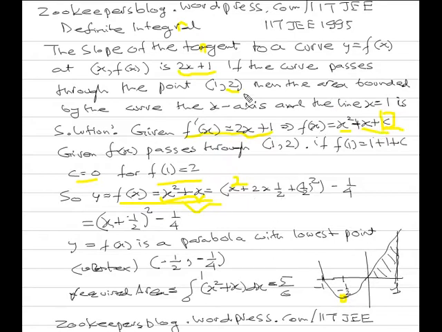So obviously if they are asking from 0 to 1, then it is straight away this parabola passing from 0 to 1, and this area is what they are asking, which means the required area is the integral from 0 to 1 of x square plus x dx, which you just simplify and you will get 5 by 6, very easy integral.